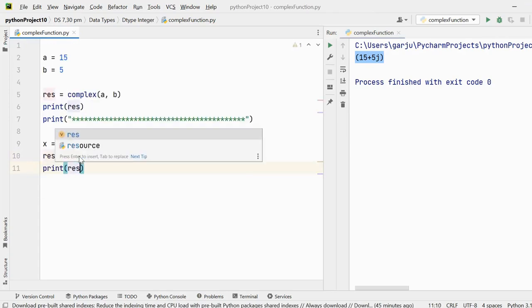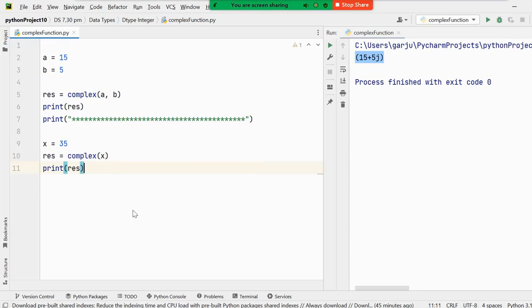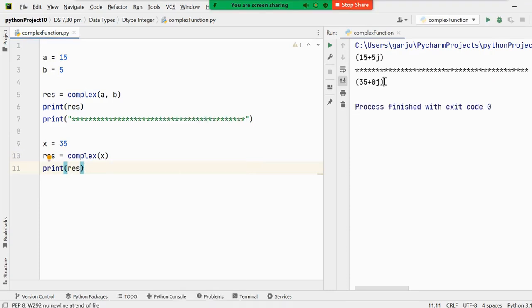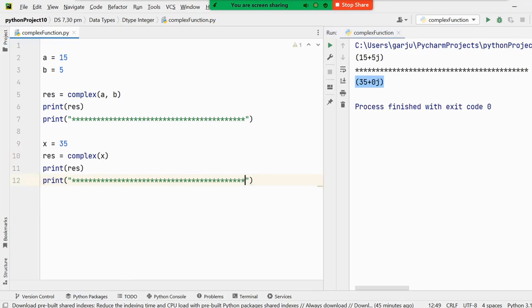Right? Result. Now you see this, you are going to get it as 35 plus 0. Now this is the way we can. Now you can try it out converting the float also, guys. No problem. You can convert the float also over here. Now let me take a float value. I will give it as y is equals to